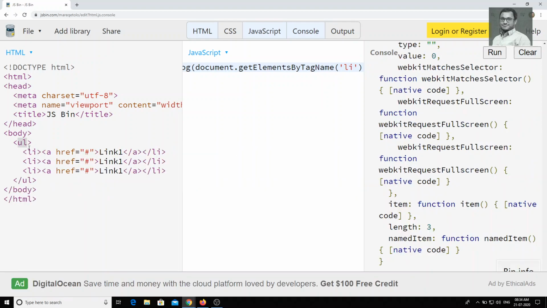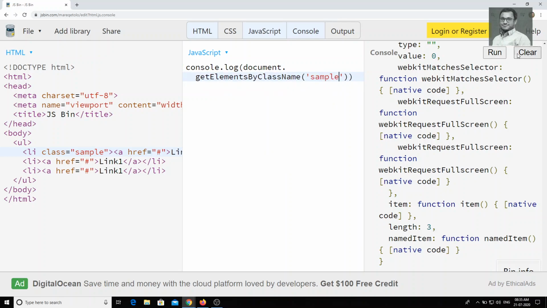And also we can use, for example, if I have only Li and the class sample here, we can get that one using class name. I will keep it down here: getElementsByClassName of, and we can give directly the sample.